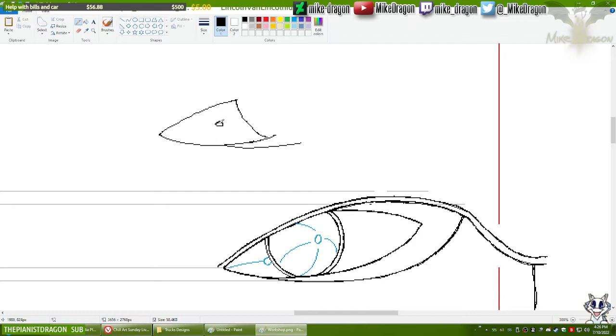Okay, so we would have the light bulb on the center. Yeah, that there doesn't work. It has to be curved. This. So I think